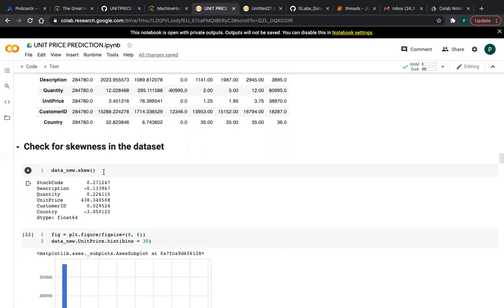Because if you don't divide by the standard deviation, you will get a number with a dimension, the unit. If you divide by the standard deviation, we get a dimensionless quantity, so we only get a number.